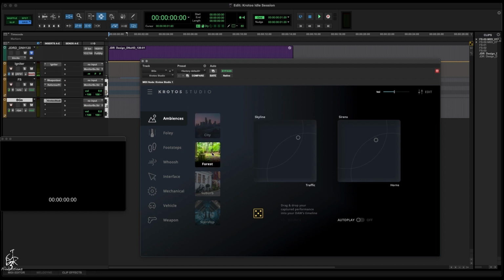Going to lower our ambience here, and we can pick our preset, and we can mix and match how we need it to go. So we could say there's a little stream there and some wind, and we can pick the right balance. We can even bring it down a little bit more, which we can also do in Pro Tools automation, everything else. And now if we play our scene,